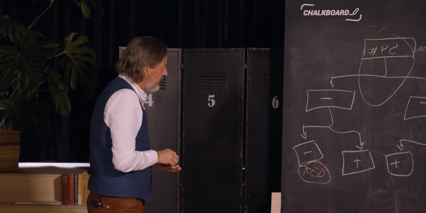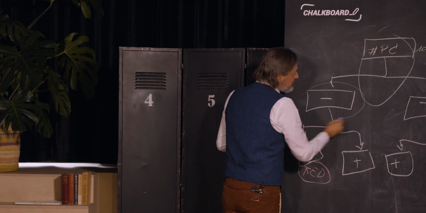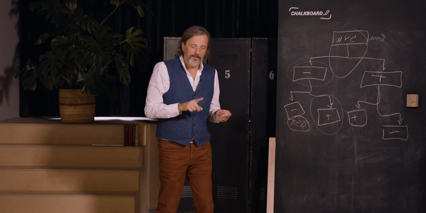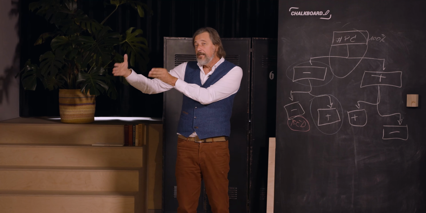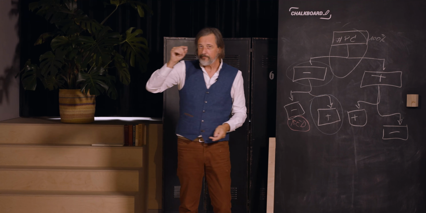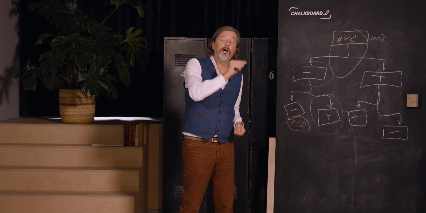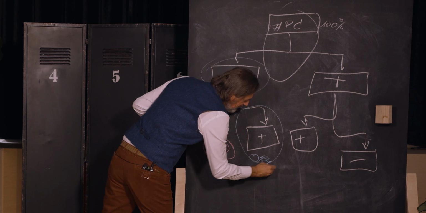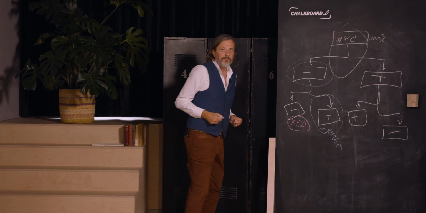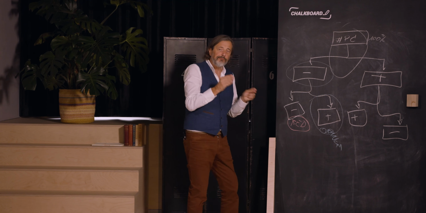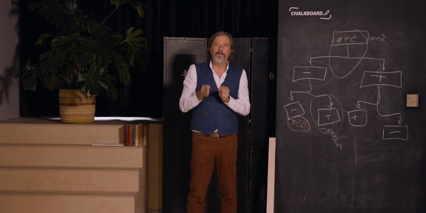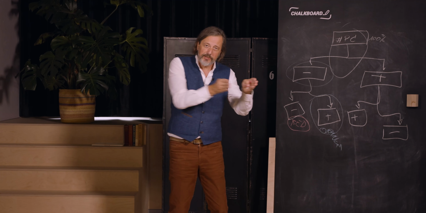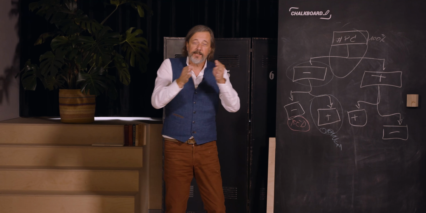Now, the next ones are interesting. These are still small, but they have growth potential. In most of the cases, if you look at them, they are in the less profitable part of your whale curve, but they have the potential to become profitable. So these I love to call orange customers. And why orange? Because they're not red and they have the potential to grow, but you have to be careful. So an orange customer is a customer that you have to give extra attention, but you have to make sure that they can grow fast.